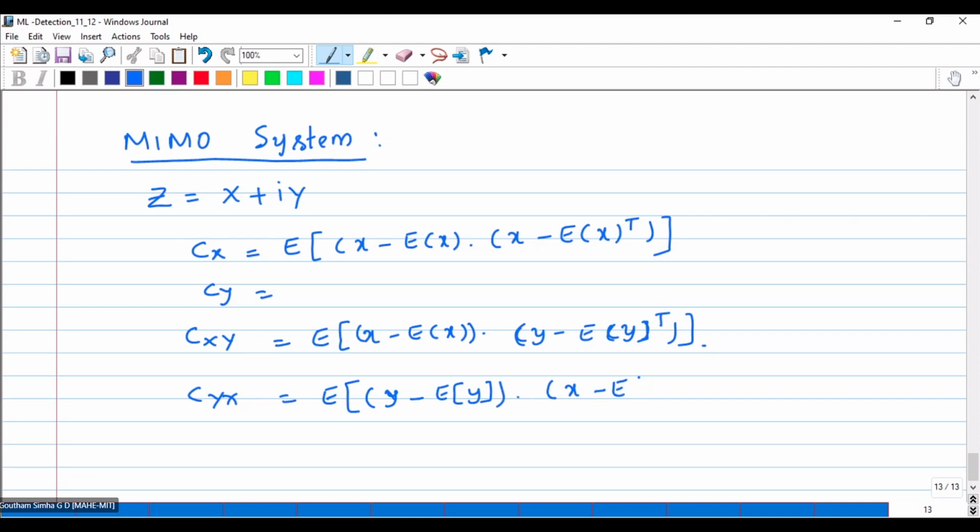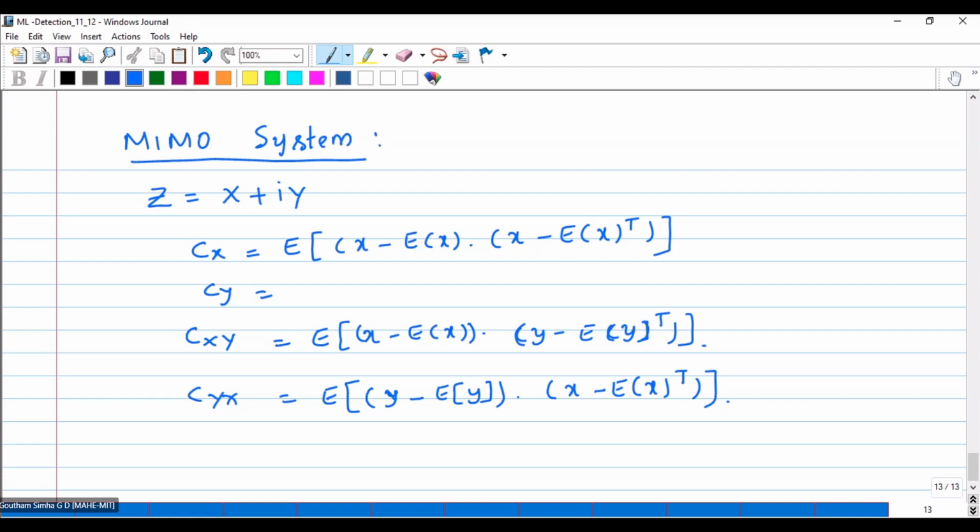X minus expectation of X transpose. See, matrices Cx and Cy are the vector covariance matrices of real random vectors X and Y. They are assumed symmetric and non-negative definite. So if I write the cross covariance, that is Cxy and Cyx, Cyx will be C transpose Xy,